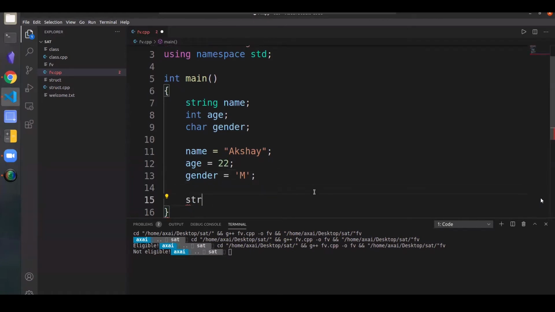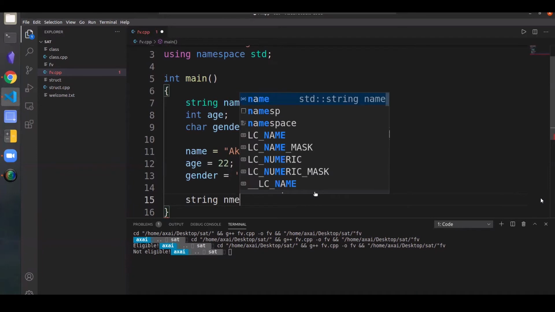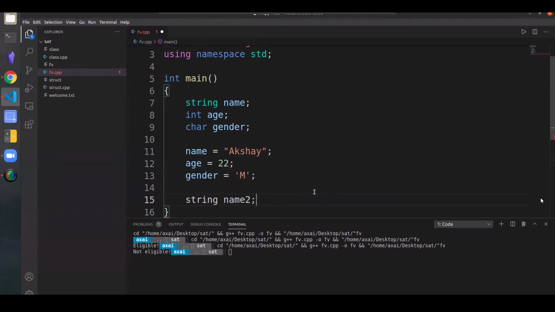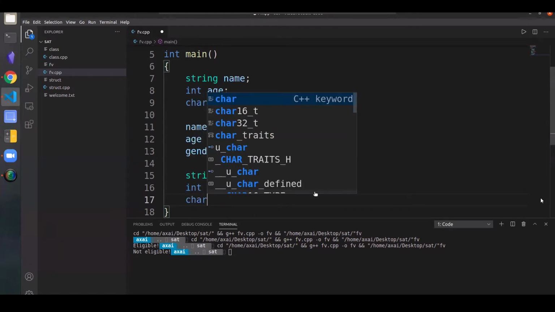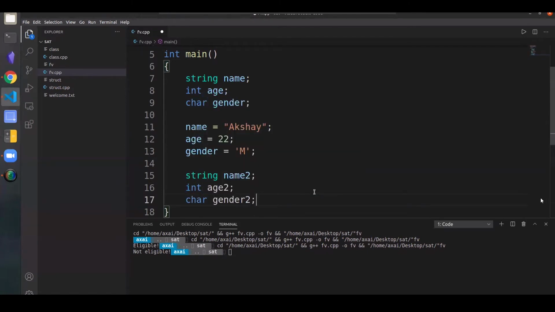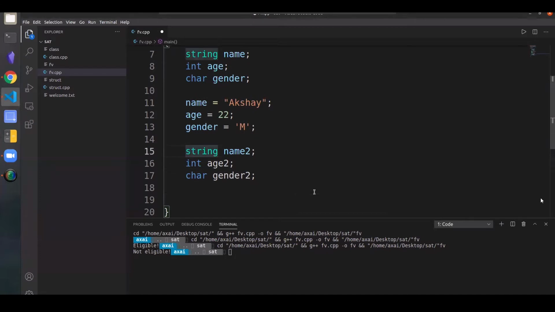So we have Sai Kiran here who's been helping me. Thank you very much. If I wanted to store his name and his age and his gender, I would have to declare new variables, because I can't store more than one person's details in these variables. I can only store a single person's details. So I would have to declare multiple variables again, and then I would have to initialize these variables with Sai Kiran's details.